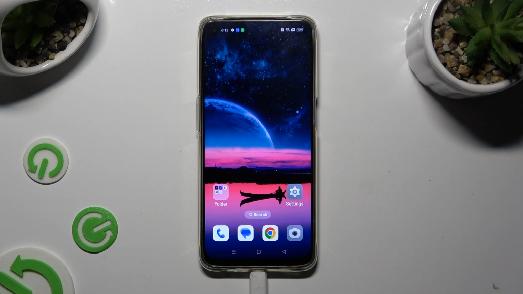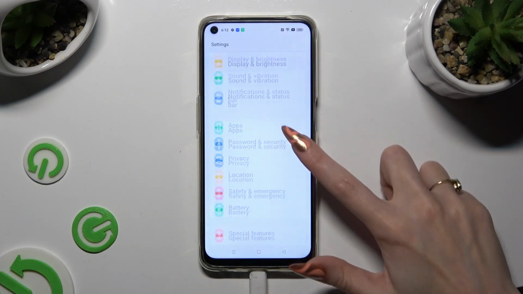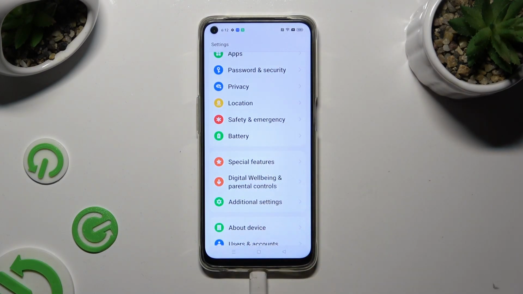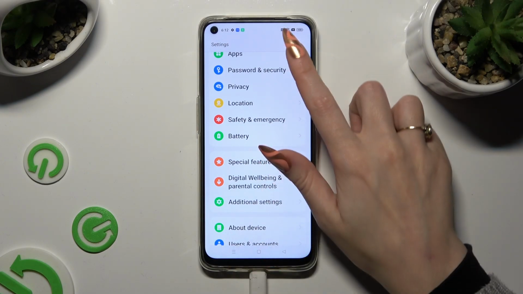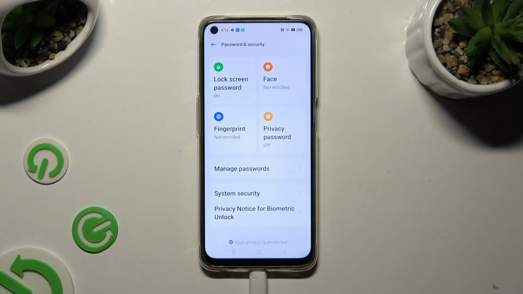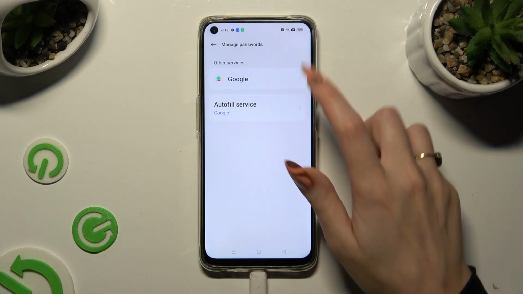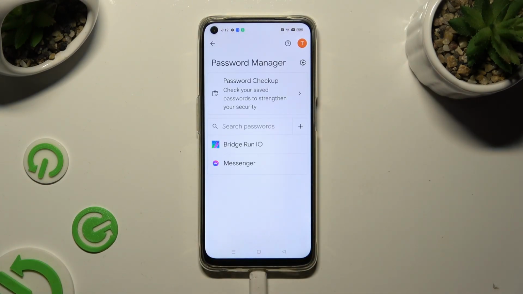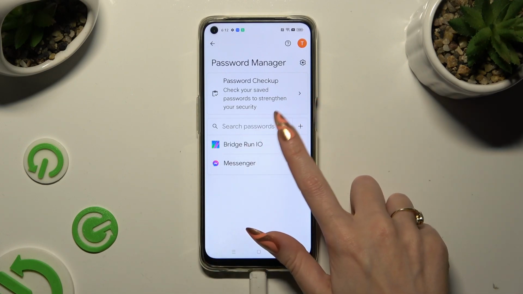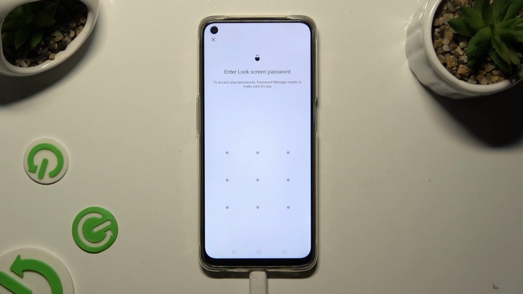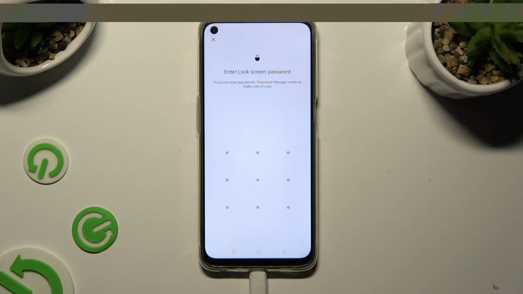First of all, go into Device Settings and scroll down to Access Password and Security. Now click on Manage Passwords, select Google, and tap on one of your passwords that you wish to delete. Then enter your current login method